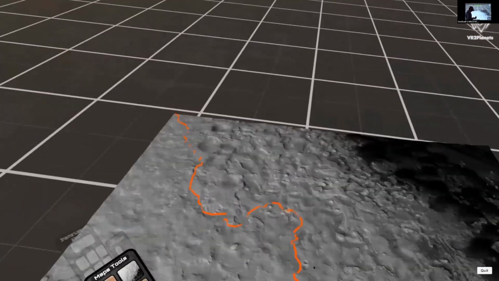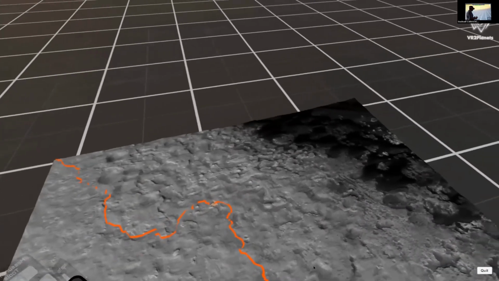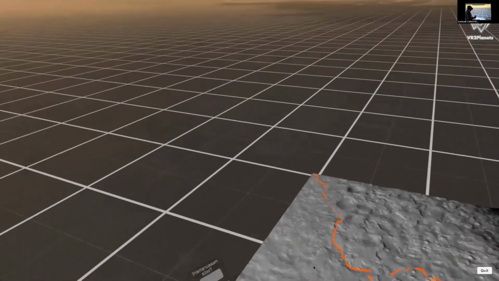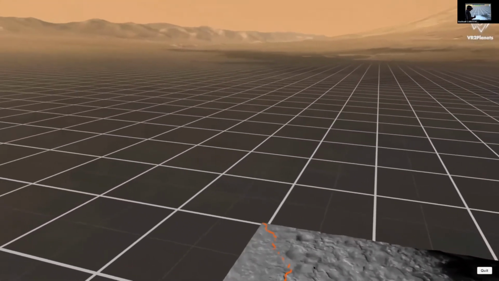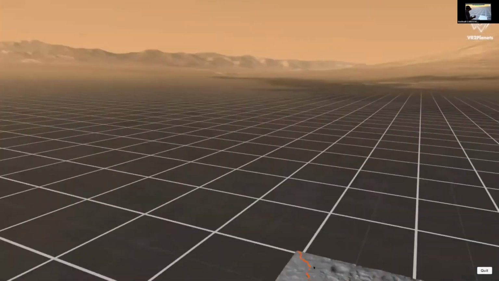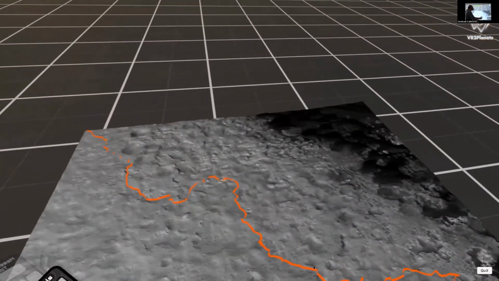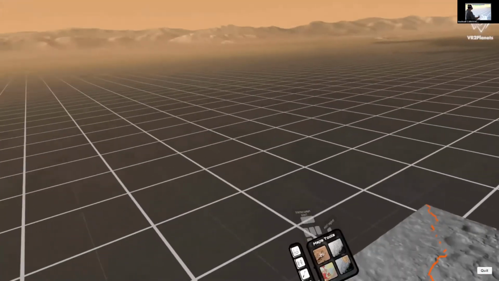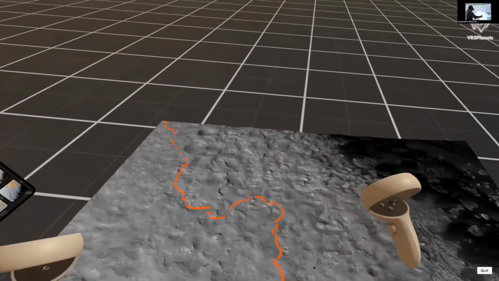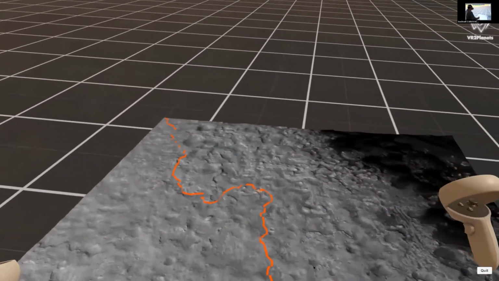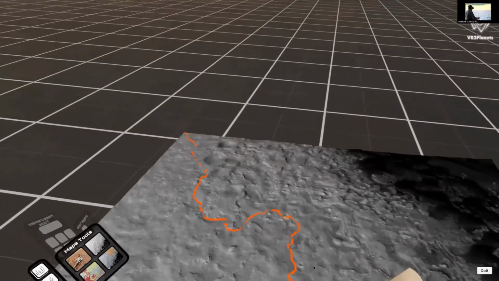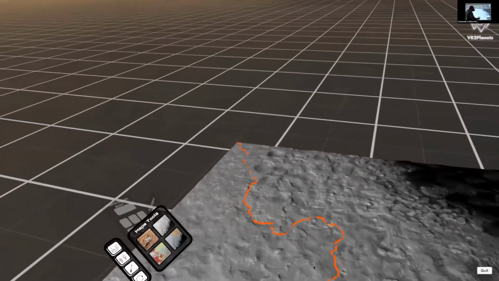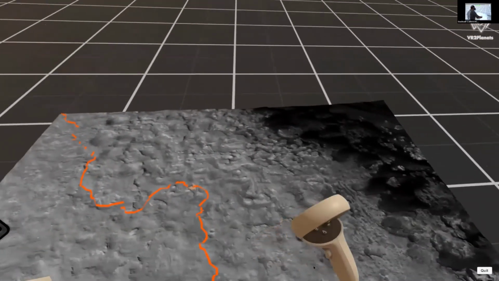So first of all, to start with, I remember that a little bit earlier, minutes ago, there was a question about how we could use orbital data to complement the digital outcrop modeling in virtual reality. Well, actually, what we are seeing at the moment is the virtual reality reproduction, which is based on actual orbital data. This is a HiRISE ortho image, which is grayscale, and that has been draped onto a HiRISE digital elevation model. And this is the base data that we are using to provide the context, to provide a regional reproduction